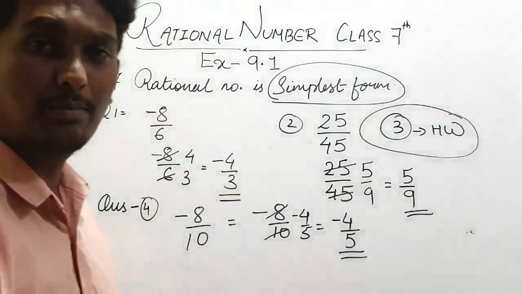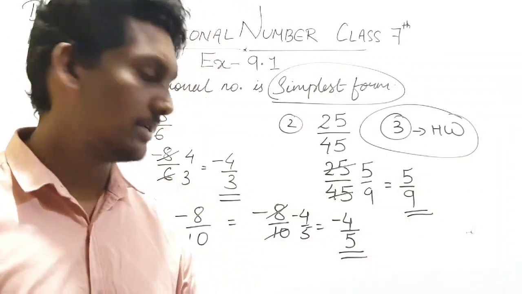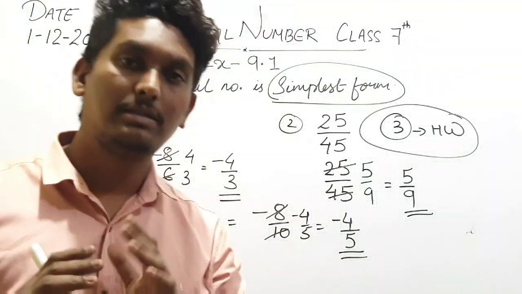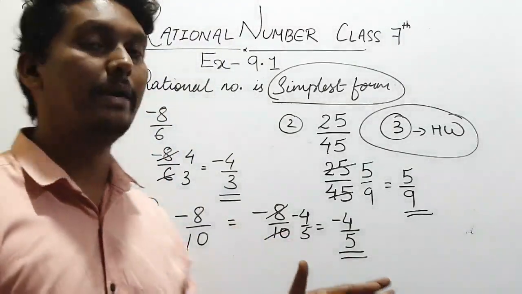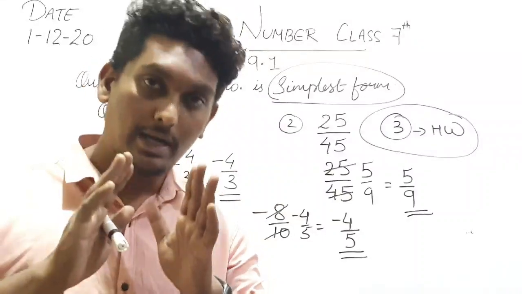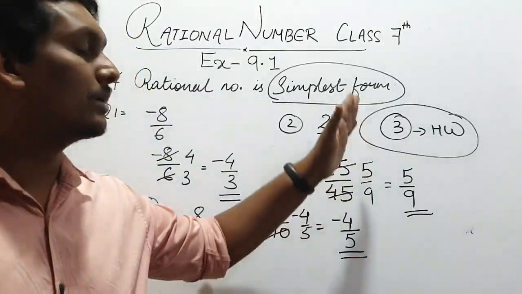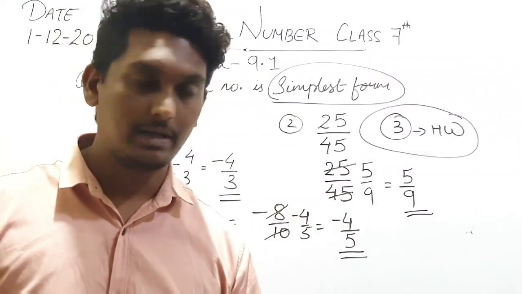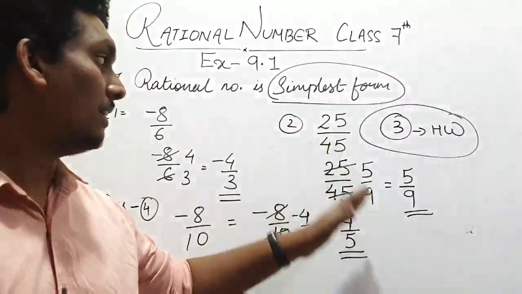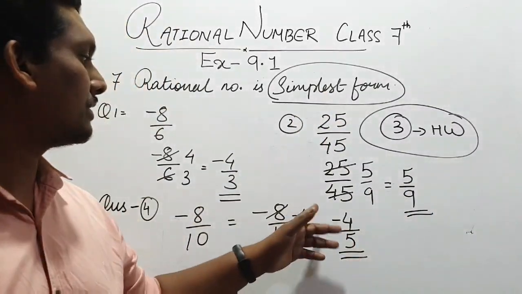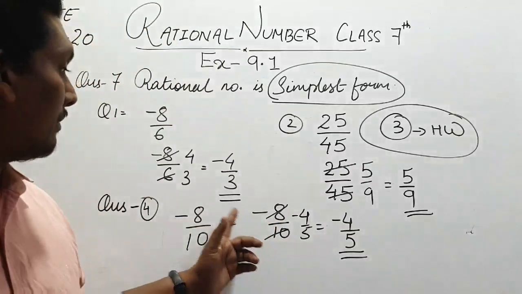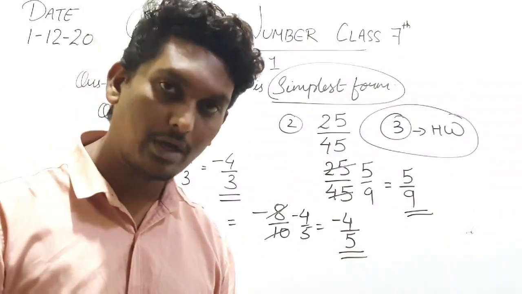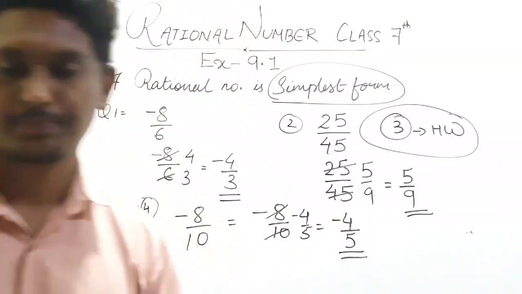It is very simple. Just cut it and write the answer. And one thing I want to tell you, be clear with the sign, negative sign and positive sign. Wherever the negative sign is required, put the negative sign there. And if the question is positive, no need to put any sign there, right? Just divide it and write the answer. So here the number was negative, that's why negative came in the final answer also. Okay, hope it is clear to you.